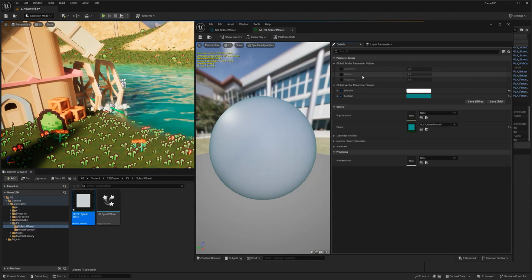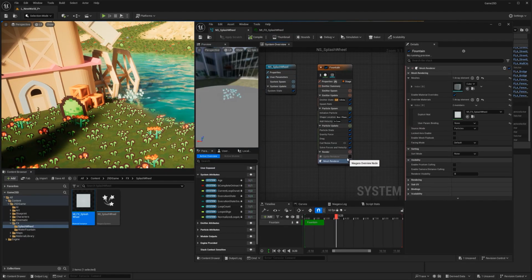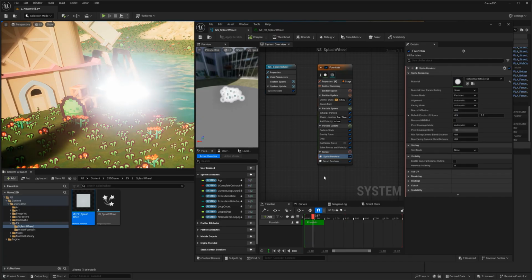And if I want, I can just play with the values here to see how much of that is coming in. Yeah, that looks pretty cool. If you really want to add more detail to it, you can also add a sprite renderer in it to make it a little bit more foggy, but I don't think this is going to look very good.